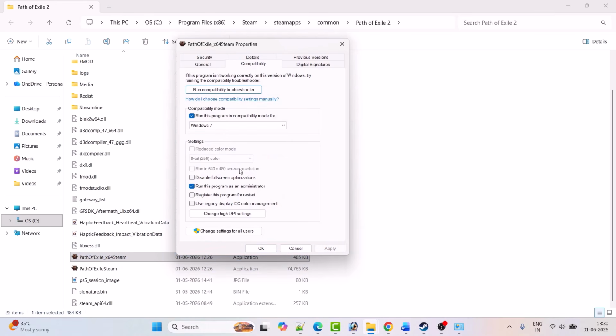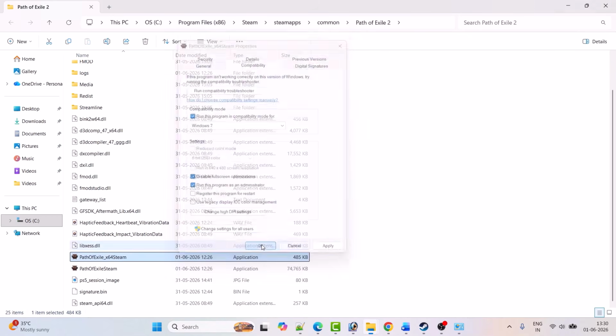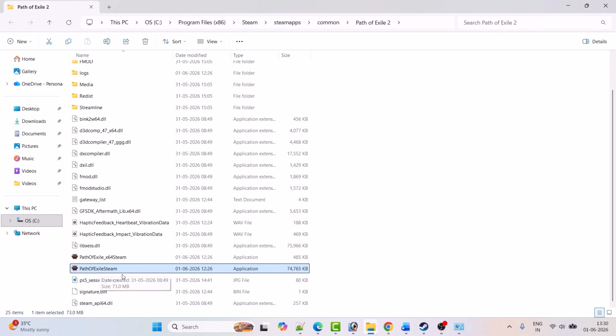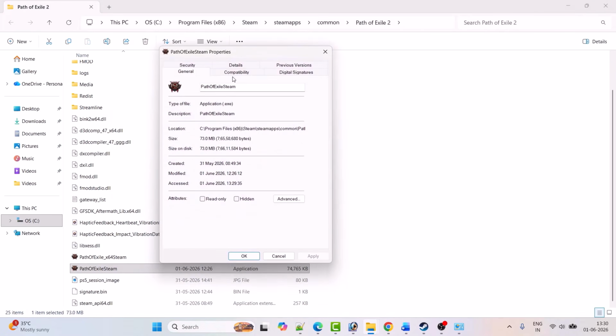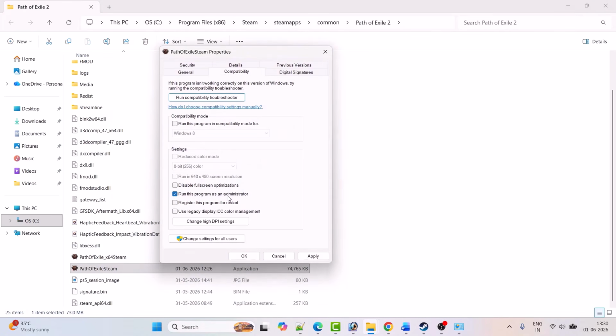If it's still not working, then also check mark disable full screen optimization option, hit on apply, OK and then launch the game and check. You can do the same thing with this Path of Exile steam.exe file. Right click on it and then select properties. Go to the compatibility tab, check mark run this program as an administrator, hit on apply, OK and then launch